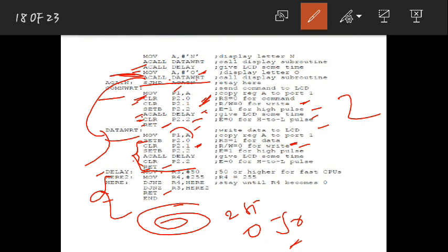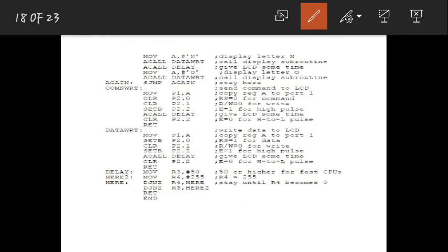That means I should select the register for data, then I should write, then enable should be high, then some delay, then enable should be low. See, this delay is unnecessary here. Even if you don't take a delay, that doesn't matter, okay, but the delay should be there here, compulsory. Is that fine? Because here I need to see the delay between N and O. First N will be written, after some time O will be written. That some time is nothing but the delay you give here. Is that fine? So in this way you write.